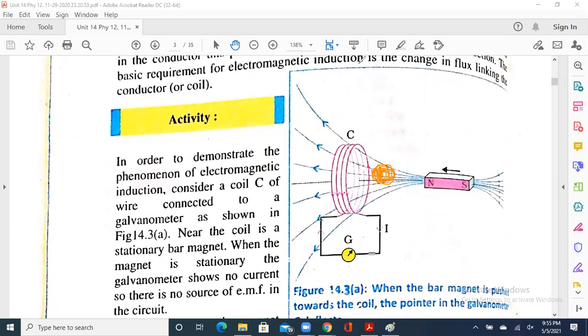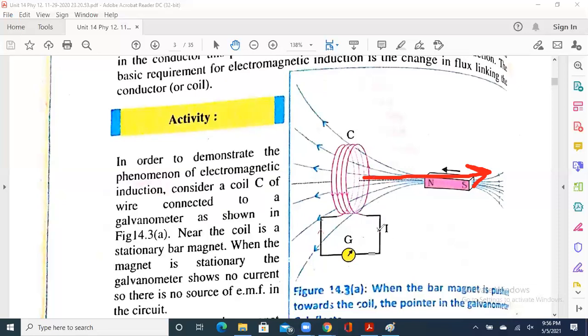What will happen? At this point, there is no more distance between the wire, or the coil, and the magnet. So the magnet can't move any further. In this situation, we have to bring the magnet backwards towards the right side. If we are bringing the magnet toward the right side, then what is going to happen?